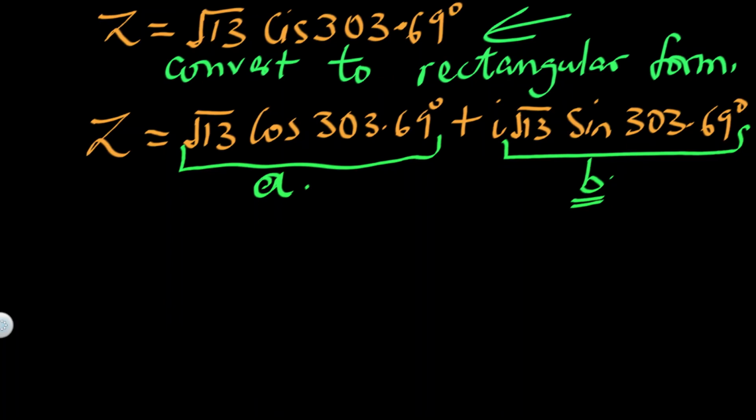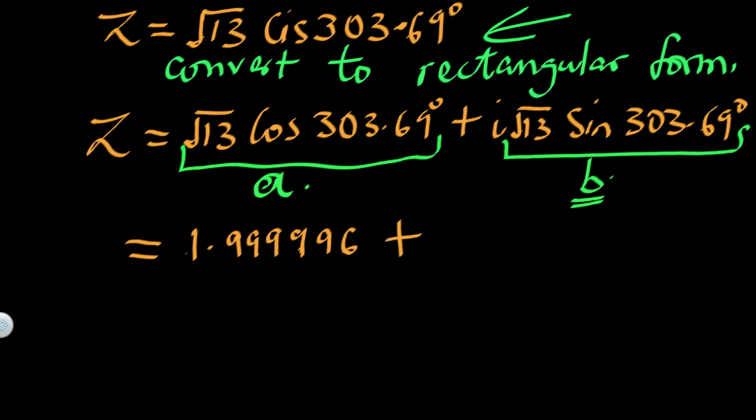So all I do, I just take my calculator, punch this. So I have root of 13. If you want to write it to 3 decimal places, you can do that. So I have root of 13 times the cosine of 303.69 degrees. I get here 1.99996